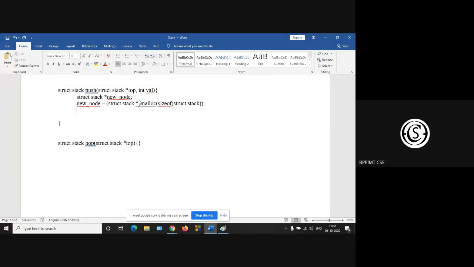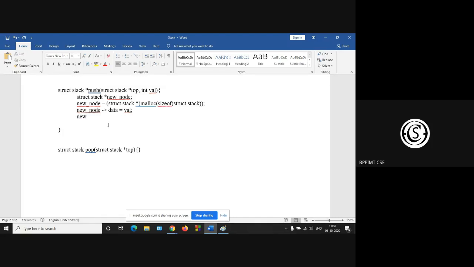Next, you have to insert. This value is already in the second argument of the push function. So this value is stored in the data part of the newly created node: new node data is equal to value. Okay, new node next is equal to top.